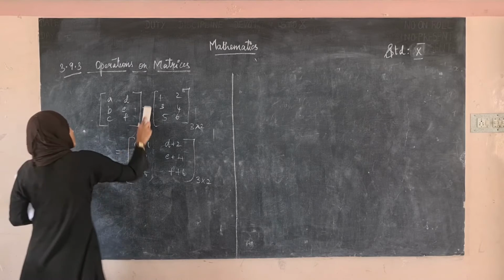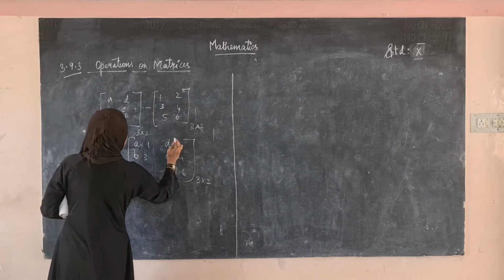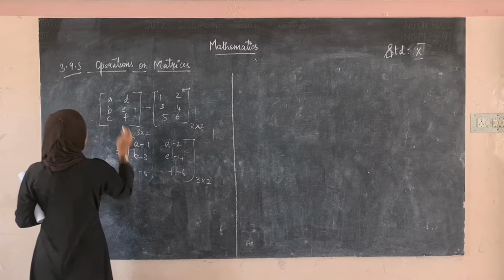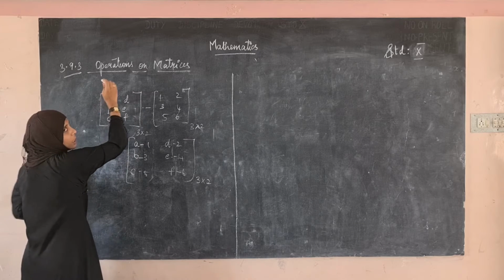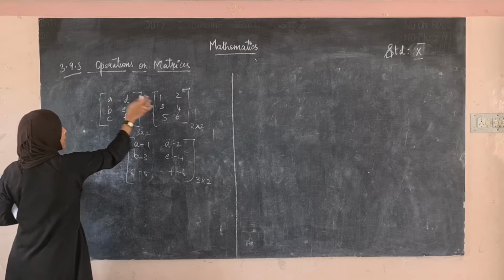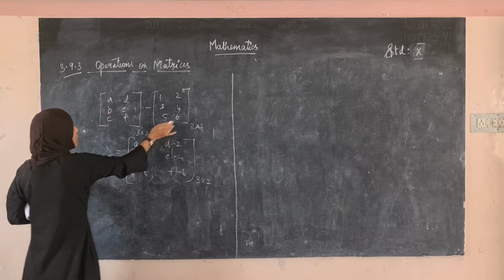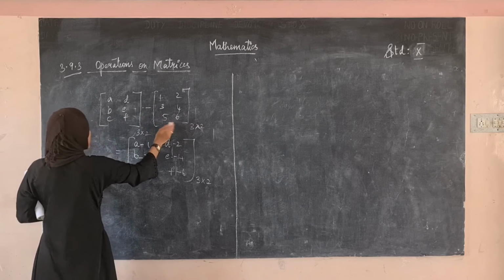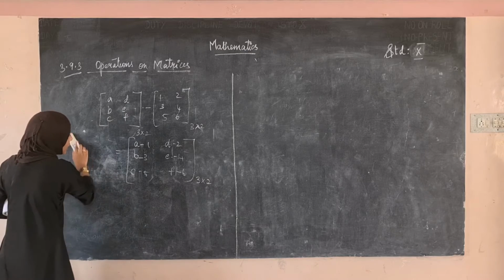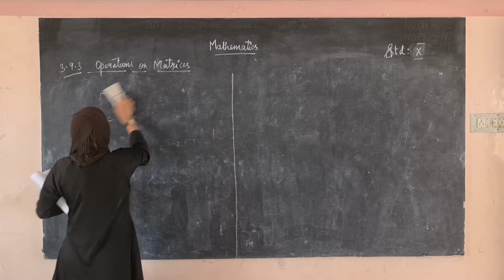Likewise in the subtraction also. Okay, instead of adding we have to subtract the elements. Subtract the element of the second matrix from the first matrix, that is A minus 1. It's not 1 minus A. We have to subtract the elements of the second matrix from the first matrix. Okay, so similarly the resulting matrix order will be the same.